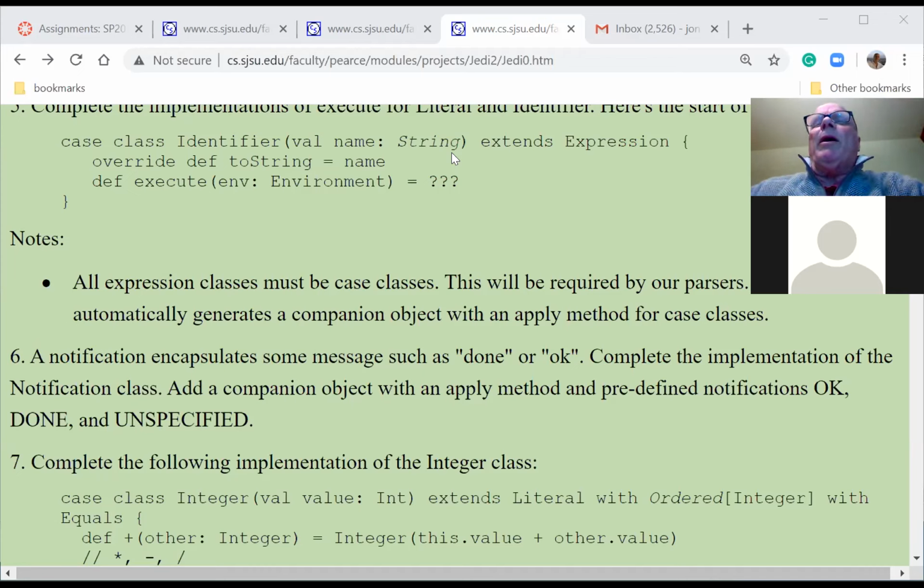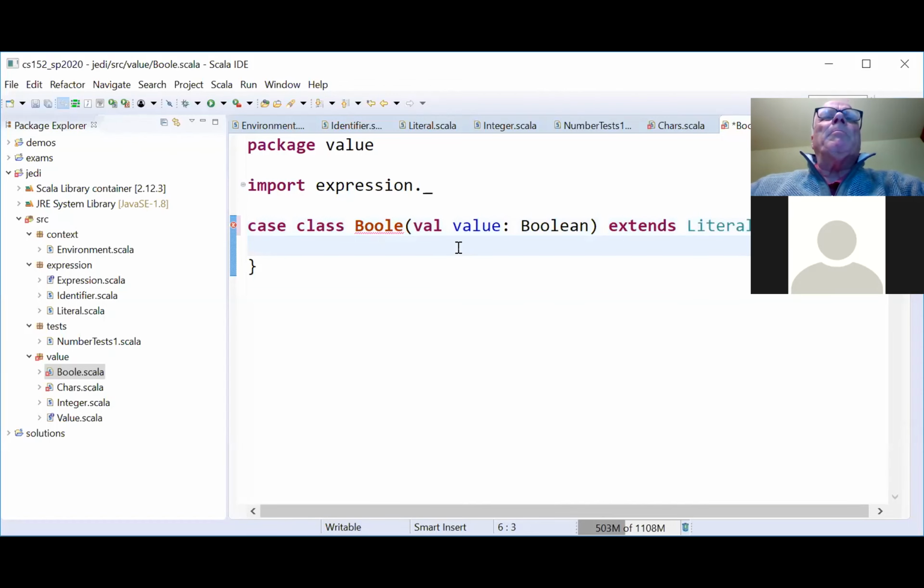The point of all of this, by the way, is to make your Jedi value classes look just like the corresponding classes in Scala. There's also unary negation. Somebody's writing negation, I guess. Let me show you that real quickly. Here I started bool.